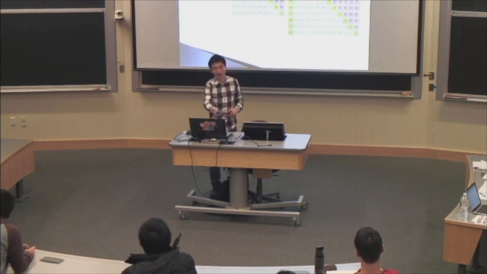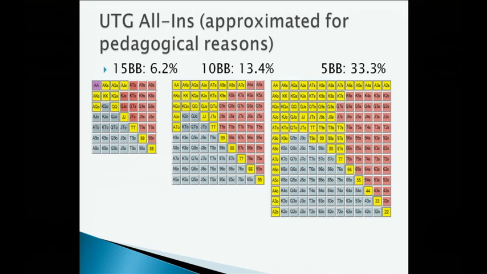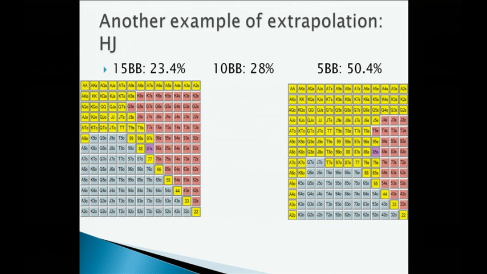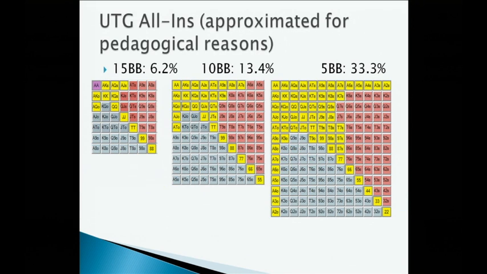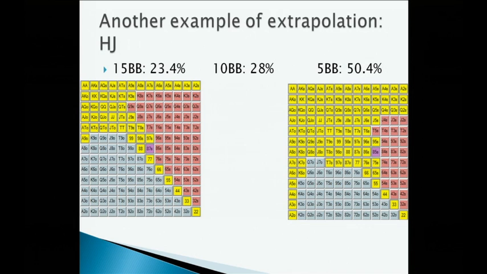But yeah, with 15 big blinds, I would recommend just raising small, although I don't think going all in is the end of the world. Okay, so this is roughly what the shape of the curve looks like. Here's another example. For hijack, from 15 big blinds to 10 big blinds, it actually changes very little. I guess it changes somewhat, but 23.4% to 28%. And then with 5 big blinds, it goes up very fast. So as the number of big blinds goes down, it increases a lot, but the change from 15 to 10 isn't that much. I guess under the gun it's a lot, but for hijack it's not that much.